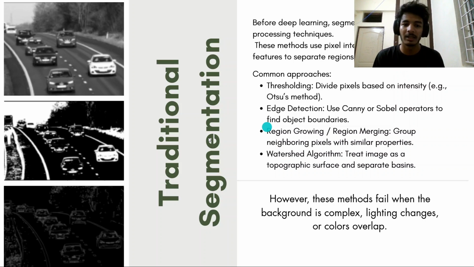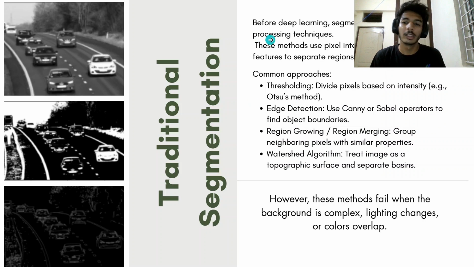Classification and detection are just object oriented or very specific area oriented, whereas segmentation is broad, like it's at every pixel level. So we can identify each and every detail of the image. Moving on to traditional segmentation